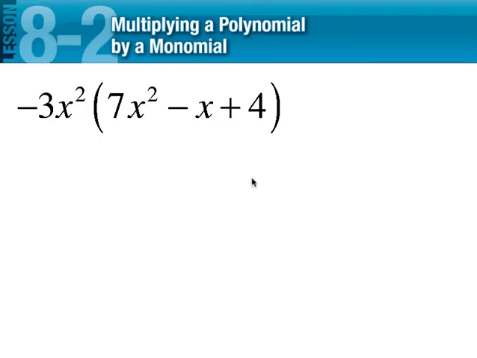Yesterday we talked about adding and subtracting with monomials and polynomials. Today we're going to talk about multiplying. And so up here on the board is what we're going to start with. Notice here I've got a monomial, negative 3x squared, and I'm going to multiply that by a